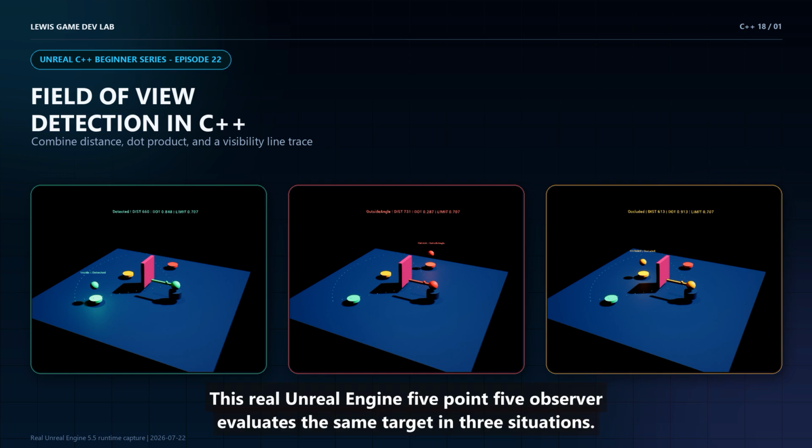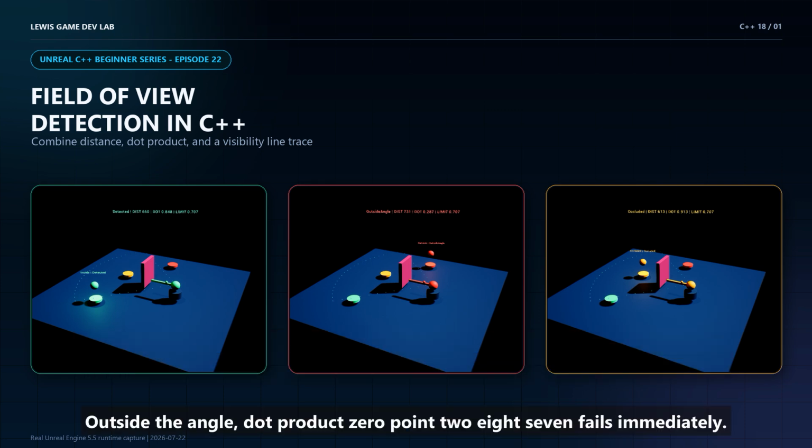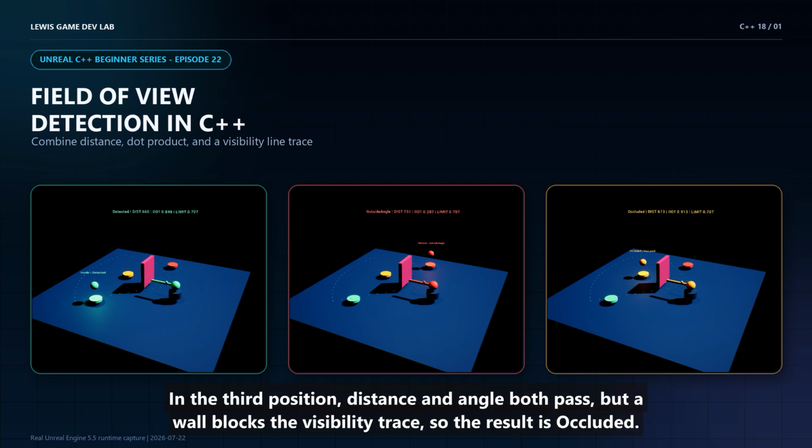This real Unreal Engine 5.5 observer evaluates the same target in 3 situations. Inside the 45-degree half angle, DotProduct 0.848 exceeds the 0.707 threshold, so the target is detected. Outside the angle, DotProduct 0.287 fails immediately. In the third position, distance and angle both pass, but a wall blocks the visibility trace, so the result is